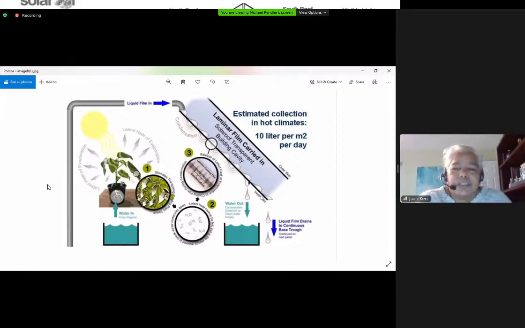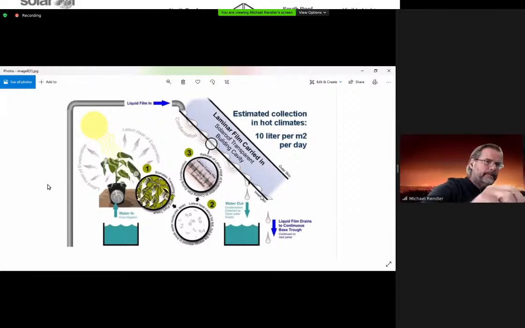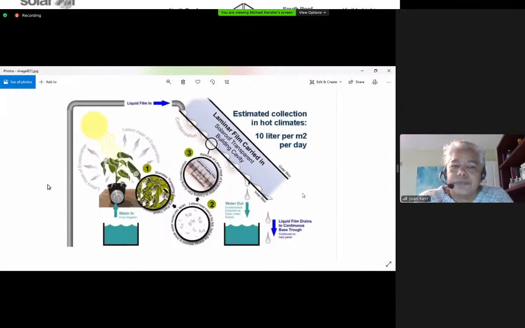So I have a question. What is the size of this example to collect 10 liters per